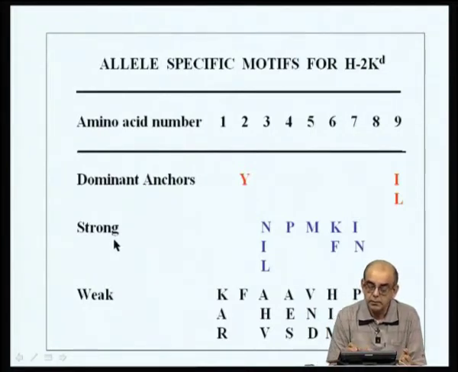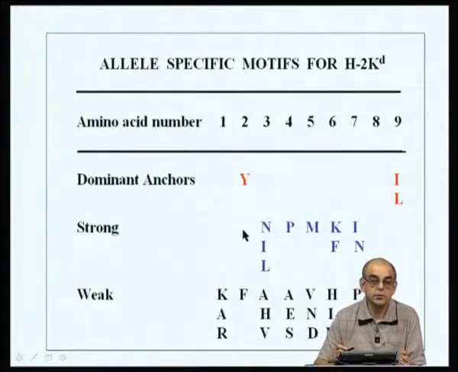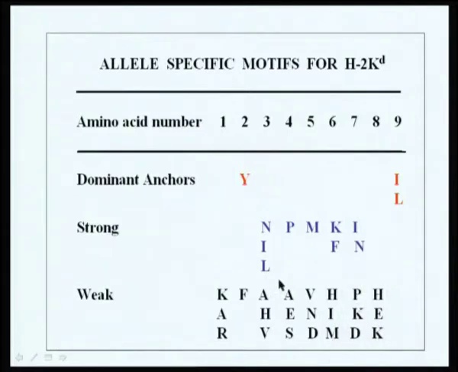When they looked at the amino acid residues that were present between tyrosine and isoleucine and leucine, they found these residues, given in blue, being present in more molecules that were isolated. That is, the majority of the acid eluted peptides had these residues, and therefore a strong presence, as opposed to weak presence of some of these residues, in many of the molecules that were eluted from the H2Kd molecule. So, this is called the allele specific motif,